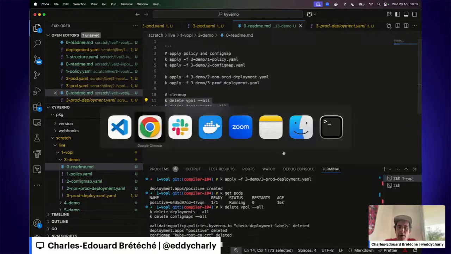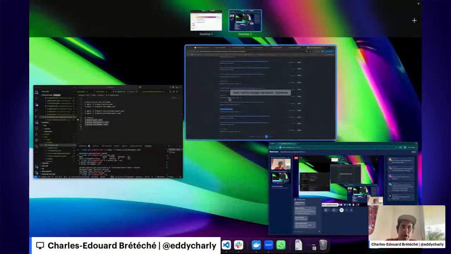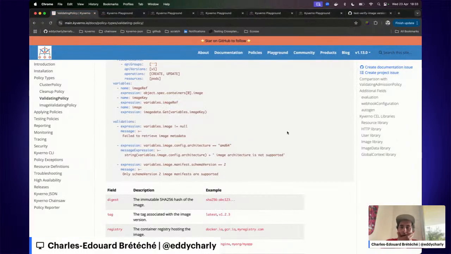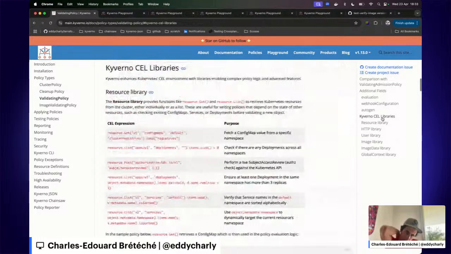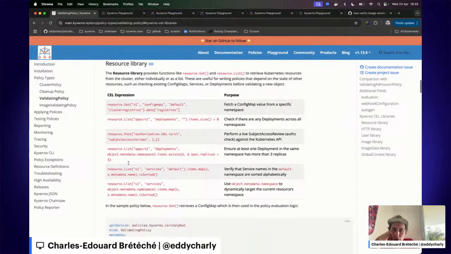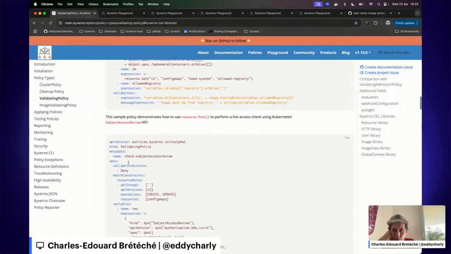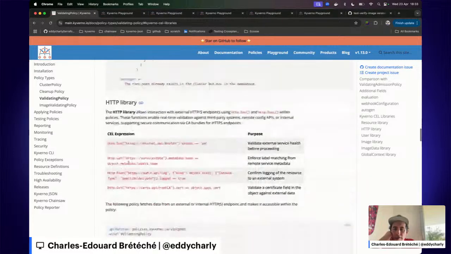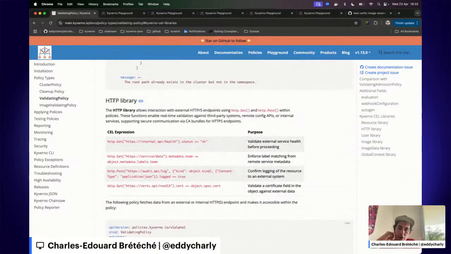We have different libraries for validating policies. So we extended the CEL language with the resource library, which can get, list, and post resources. So you can also create resources using this library. We have an HTTP library.